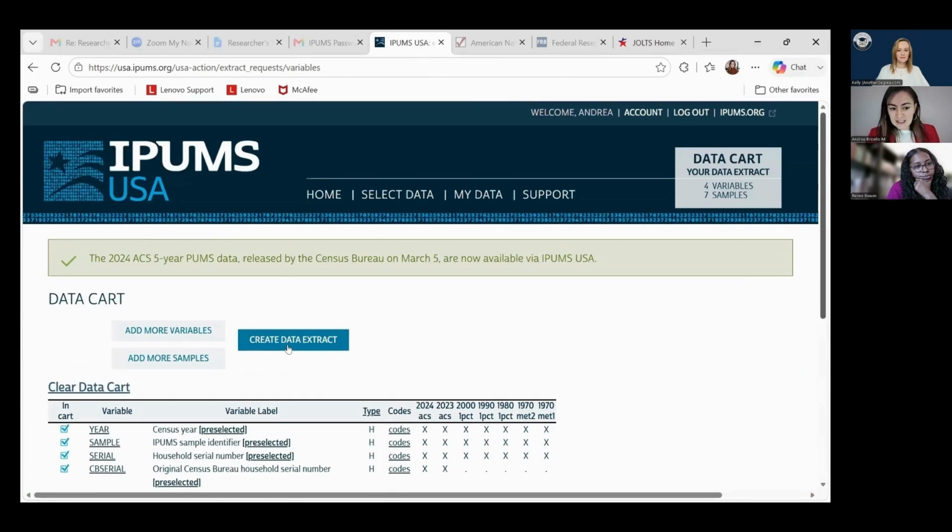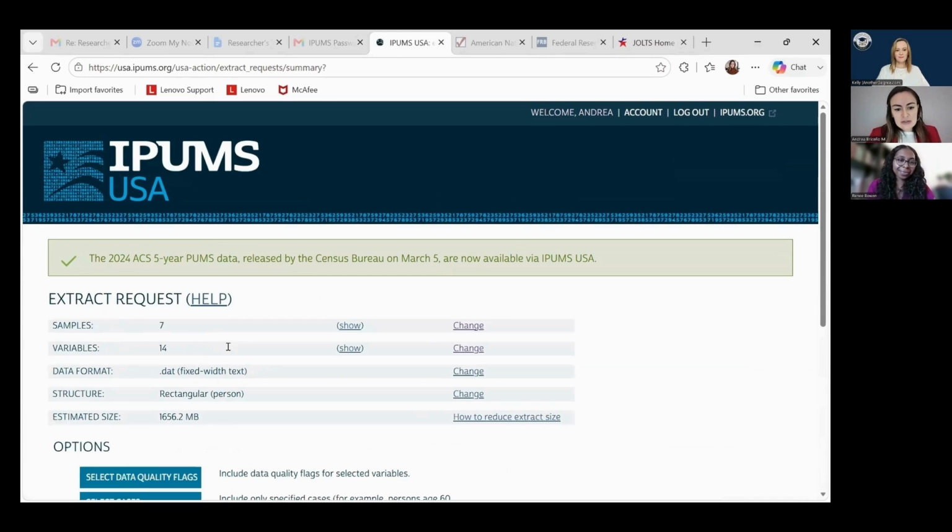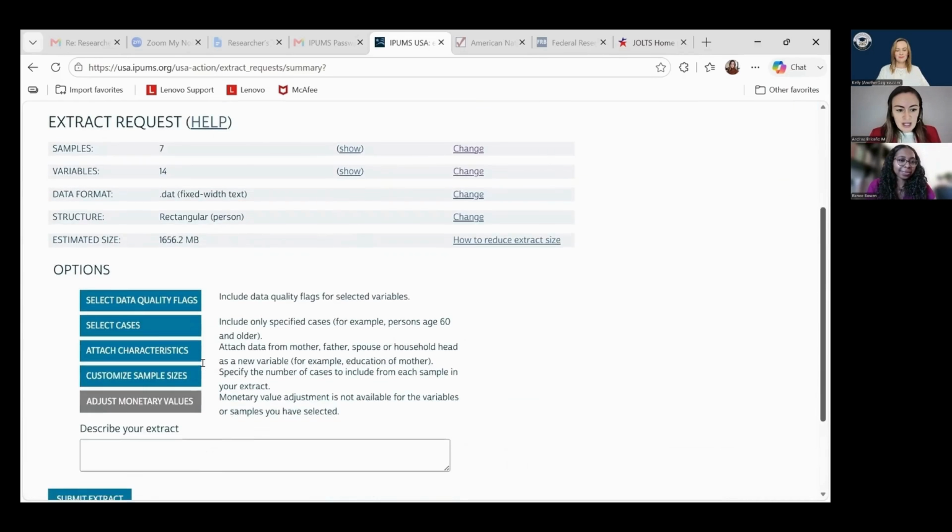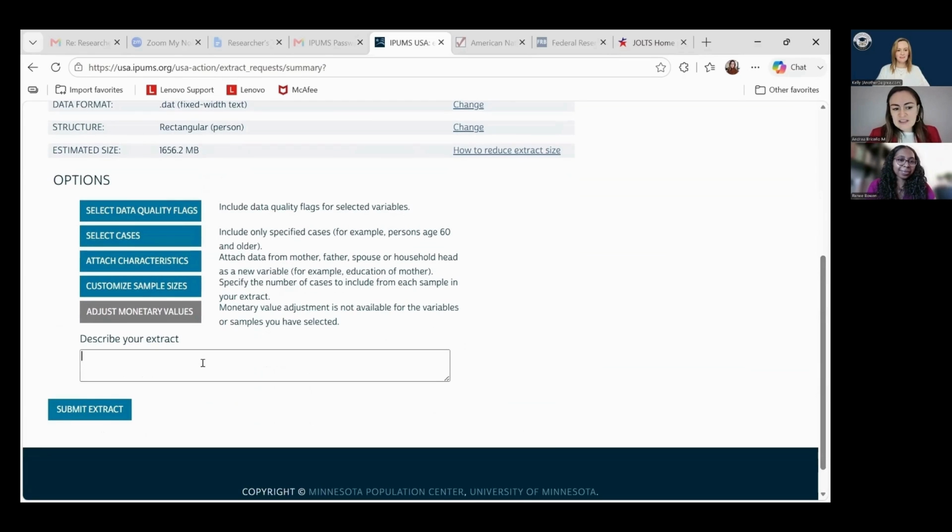And that's it. And you just create the data extract. And again, if you don't have an account, you need to register and have your account to get the data, but it is free. So you click create data extract. It is up to you if you want to describe your extract. Remember that it is tied to your account. So maybe for your records, let's say that after 5 years you review what you did today, so you have in mind, oh, this data was to work on a project,